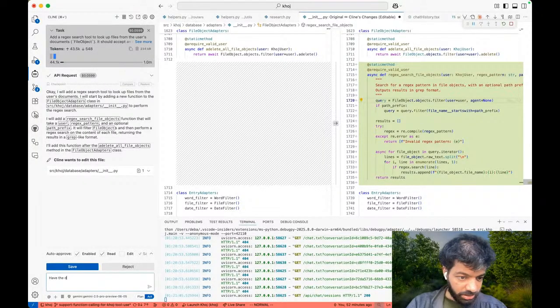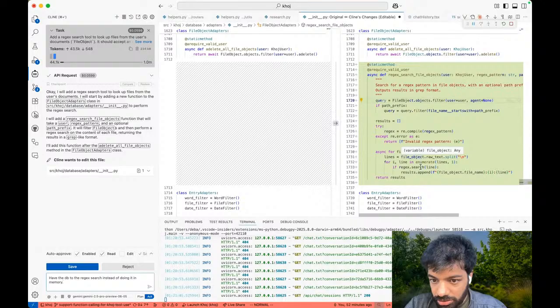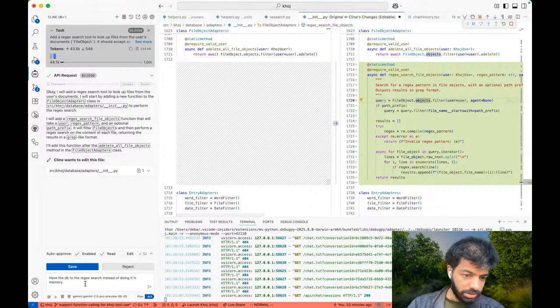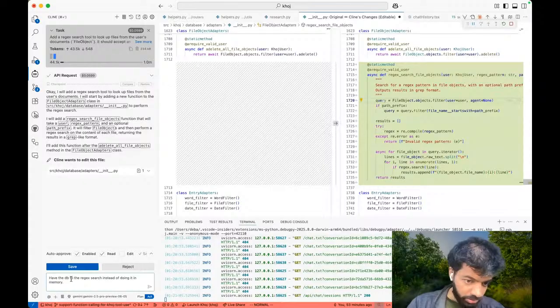Have the DB do the regex search instead of doing it in memory, which we do not want to do, which is what it's doing here, regex search here. And it's not doing any kind of filtering here, which is what we ideally want. So let's make it try and do that. Have the DB do the regex search instead of doing it in memory.